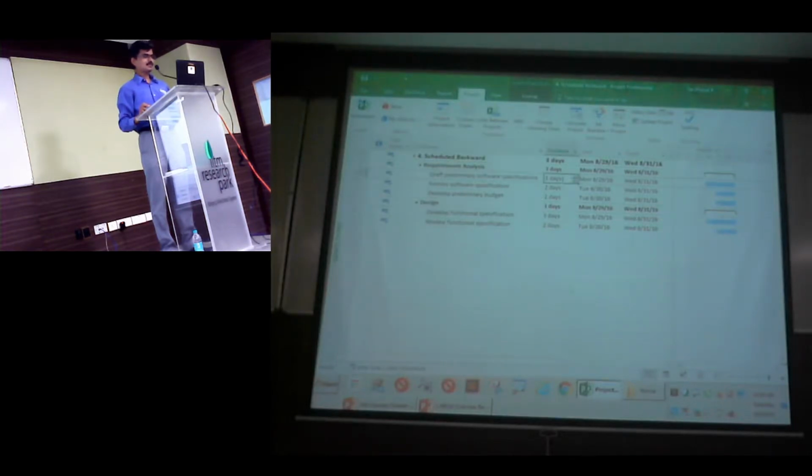As I change the duration of these activities, observe what happens to the dates. If I say my draft is going to take 5 days now, what is getting changed? The start date, because the finish date is now fixed. So based on the finish date, you are scheduling the start date. That is what we predominantly start with. But when I start linking it, I link it in a very sequential manner.